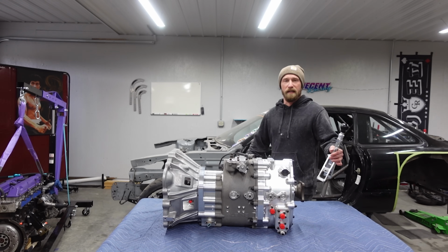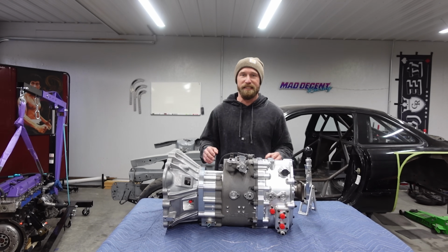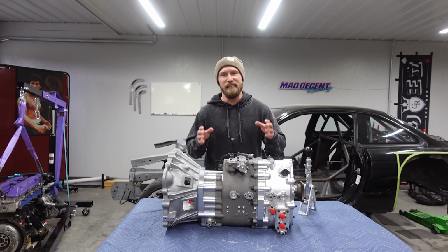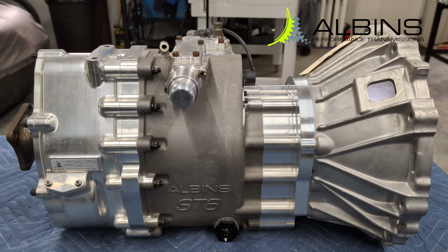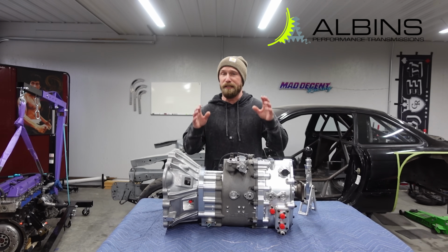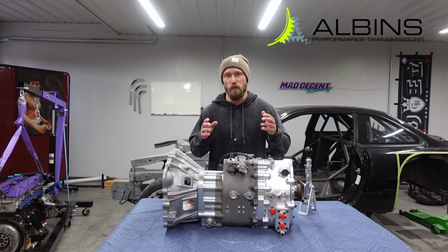So some of you guessed, and some of you guessed correctly. I did get a sequential gearbox, but this isn't just any sequential gearbox. This is the ALBINS ST6 6-speed sequential gearbox. And I know what you're thinking, this might be a little bit overkill, especially because it was designed for Australian